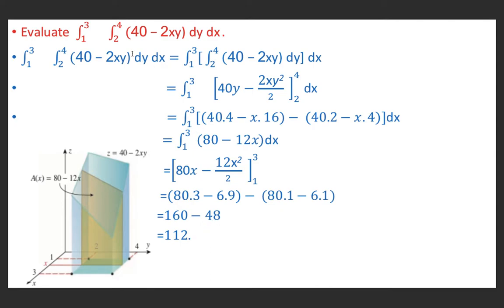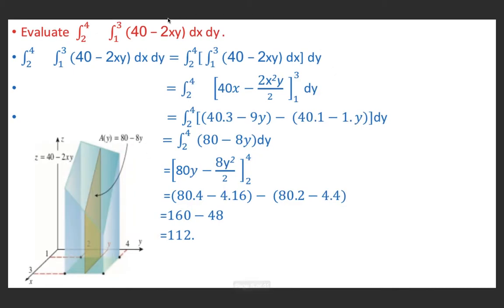So in this double integration, we have first integrated with respect to y and then with respect to x. And we will show that we can also integrate first with respect to x, then with respect to y, and we will get the same result. We have considered the same function just to demonstrate that we can integrate first with respect to x as well as first with respect to y, as we have discussed in the theorem.